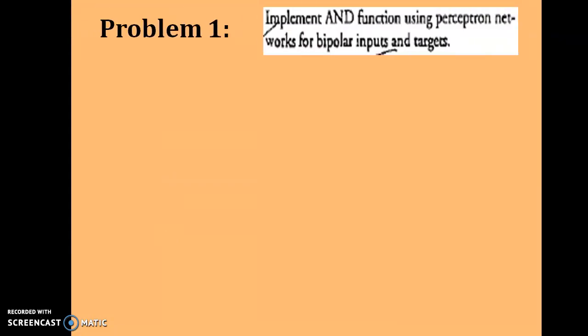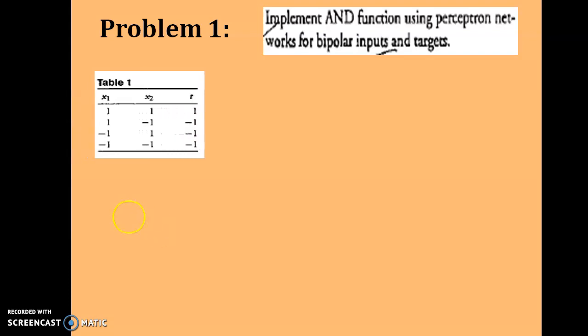We already know what is logical AND function. We have the bipolar input instead of 1 and 0. Now we denote the 1 and 0 by 1 and minus 1. To avoid the 0 output in the neural network, we use the bipolar input. This is a logical AND function. When both the inputs are on, the output will be 1. First input is 1, second input is 0, that is minus 1, then the output will be minus 1. First input is 0, that is minus 1, and 1, the output will be minus 1. When both the inputs are 0, minus 1, minus 1, we are expecting the target as minus 1.